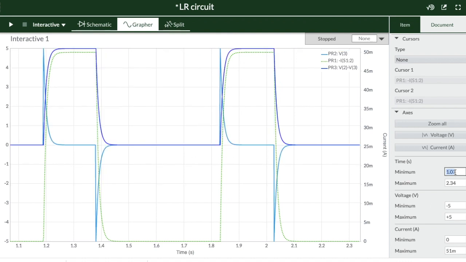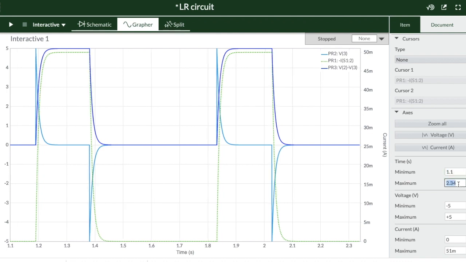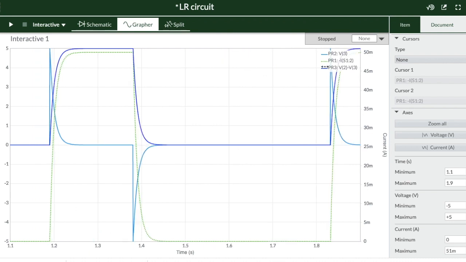Here we will take minimum time as 1.1 seconds and maximum time as 1.9 seconds. You can see here this dotted green line is for current. Then this purple line is for the potential difference across resistance, it is V2 minus V3. The blue line is for potential difference across the inductor, that is V3 with respect to ground.